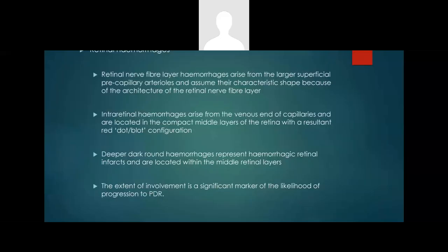Next are the intraretinal hemorrhages. They arise from the venous end of the capillaries and are located in the middle layers of the retina, mostly the outer plexiform layer, and they form a dot configuration. The deeper dark round hemorrhages usually represent hemorrhagic retinal infarcts that are also located in the middle layers of the retina. And the extent of the involvement of the hemorrhages is usually a significant marker for the progression of